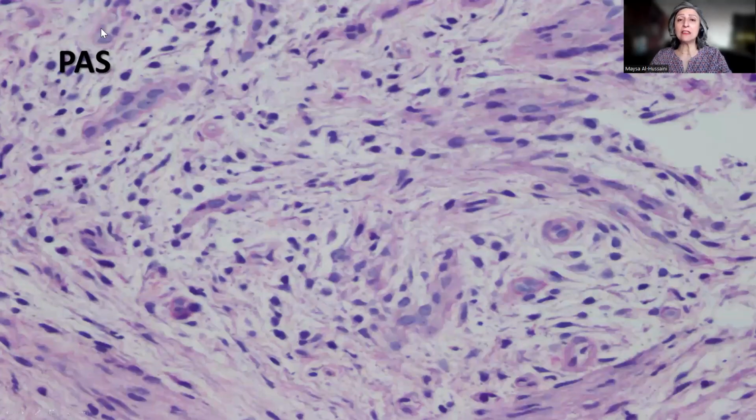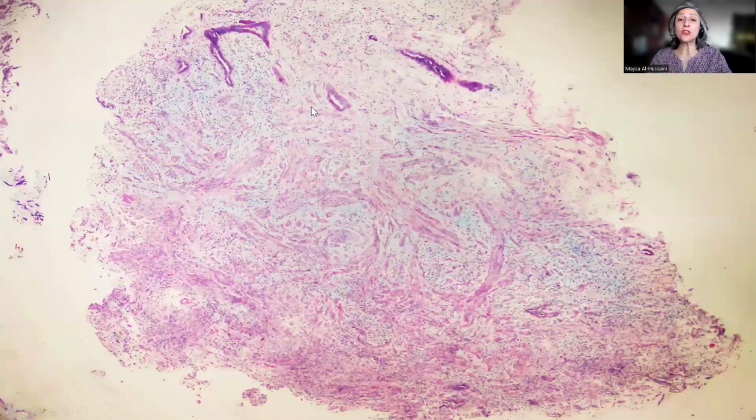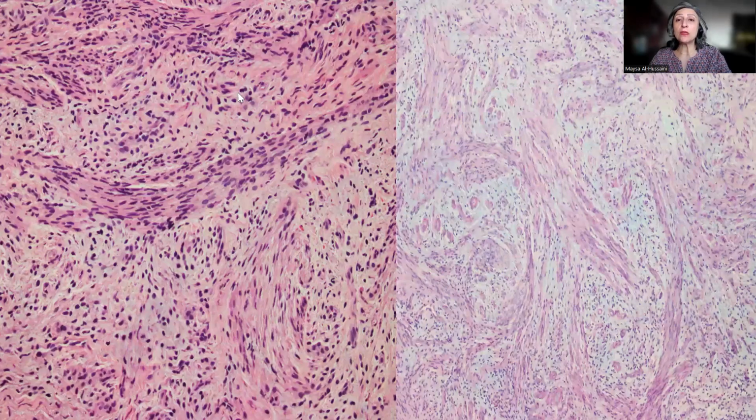Now, PAS stain was negative, but to my surprise, the Alcian blue special stain really highlighted this material that is depositing in between the myofibers. So this is a higher power magnification of the H&E slide with the smooth muscle fibers here and there, and then the subtle deposition of a material, and then here with the Alcian blue, these are the smooth muscle fibers, and really the Alcian blue beautifully highlighted the presence of myxoidish or mucinous material depositing in the